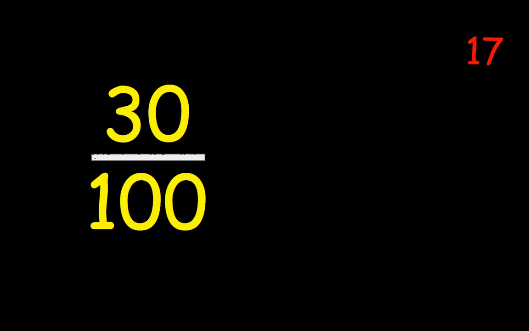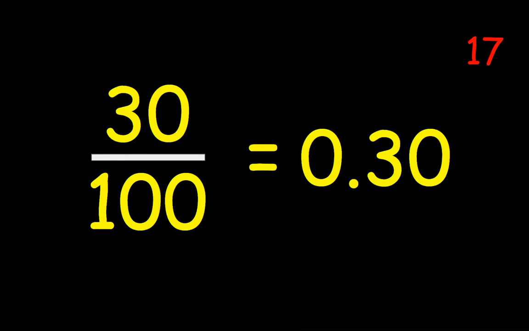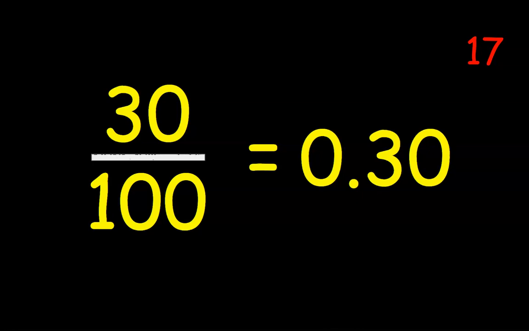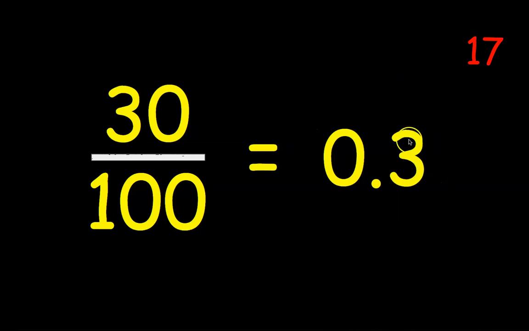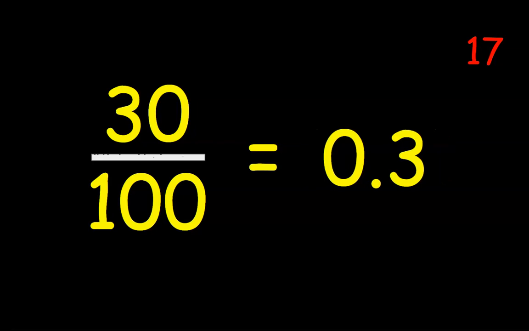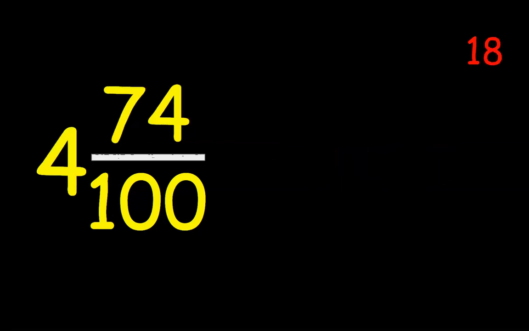30 hundredths, 0.30, and you could also just put it as 0.3. The two fractions are different. That is 30 hundredths. That is 3 tenths, but 30 hundredths and 3 tenths are equivalent. You could have put a 0 on the end here and you would have had 300 thousandths. But as I said earlier in the video, we don't really worry about the thousandths too much for this part of the maths curriculum. So 4 and 74 hundredths,